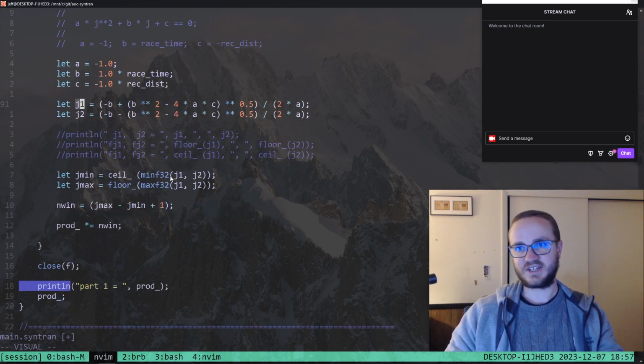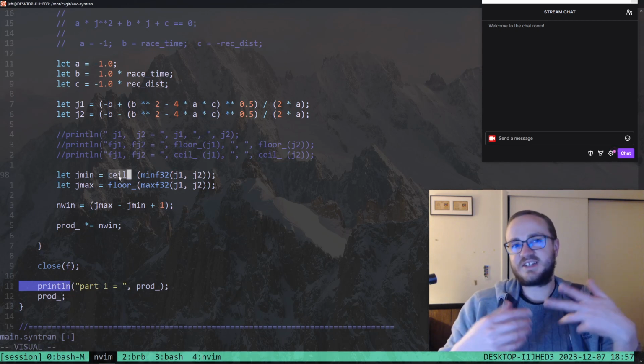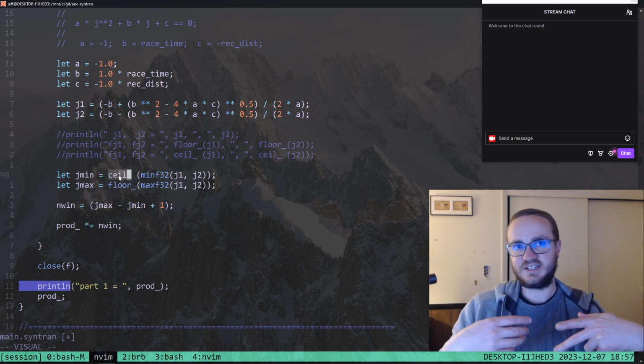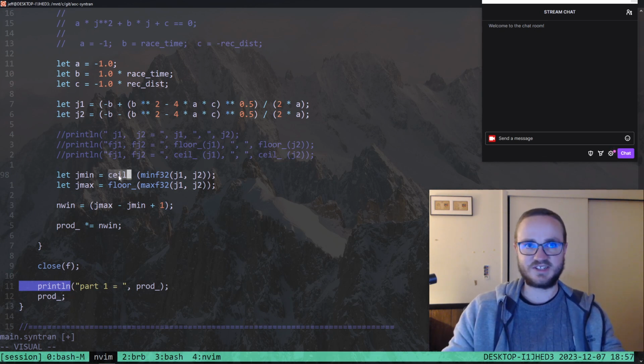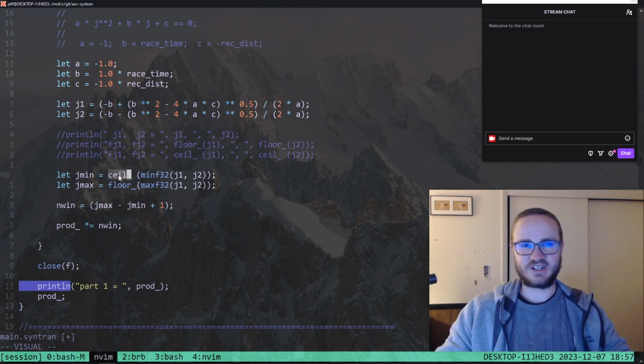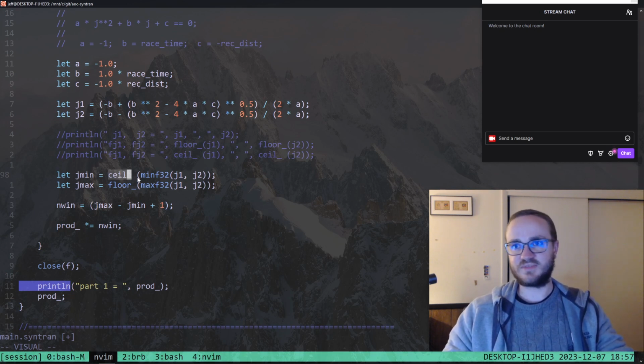So you have to get the min of j1 and j2 and take the ceiling of that. You have to take the ceiling because we're only interested in integer solutions. We're not interested in some 1.5 second button press, or 1.5 millisecond, whatever the unit was. Then you take the floor of the max of j1 and j2,